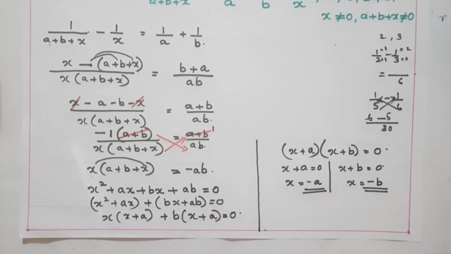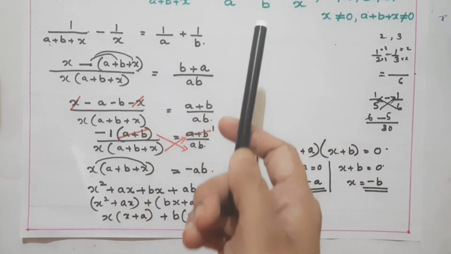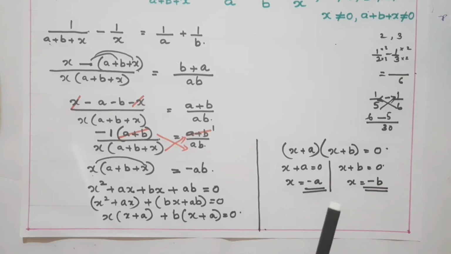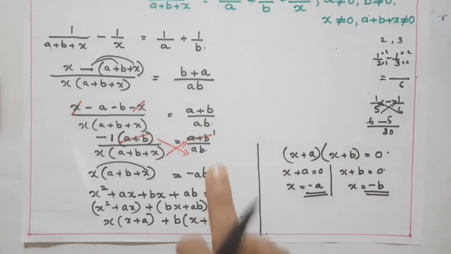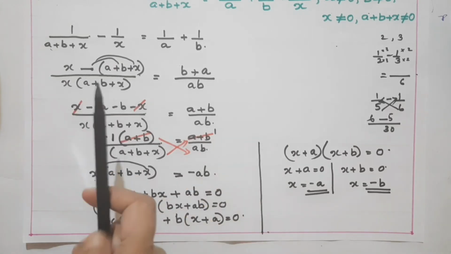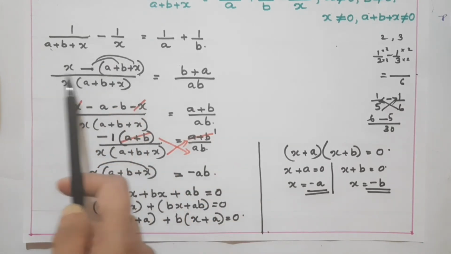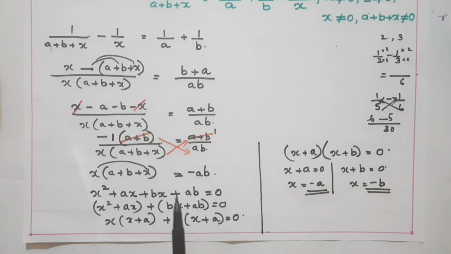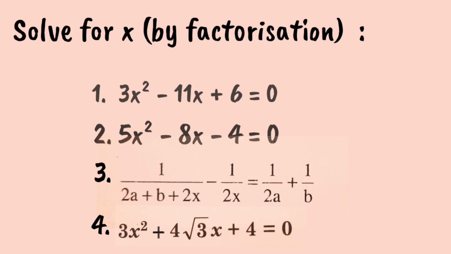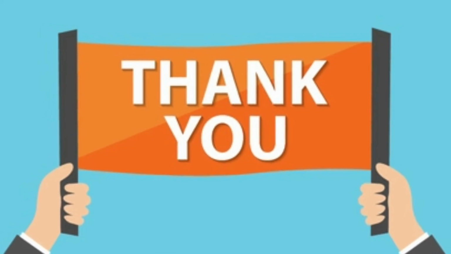Okay children. See, when you see the question, you may think that it is very difficult, but by solving, you can understand that this is an easy question. Last year also the same type of question was asked with some changes. That question I will give as homework. You have to try to do it. Okay children. If you have any doubt in this step, taking LCM and all, you have to clear it. Now you have to do these homework questions. Okay children. Thank you.